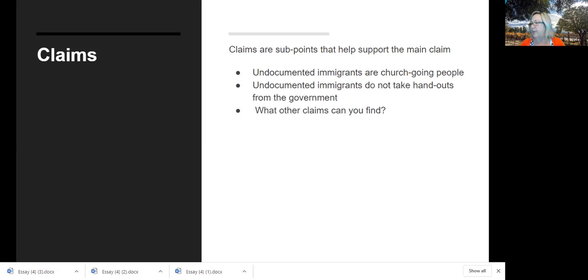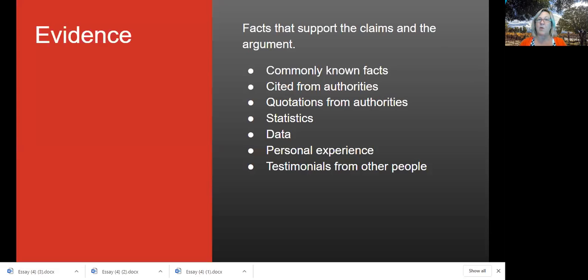I'm going to put you back in your groups, and I want you to find as many claims as you can. Use the same slides, and I want you to find evidence for those claims. In fact, every time you name a claim, find the evidence for that. It might be an example that he uses. For example, Frances is a church-going person.